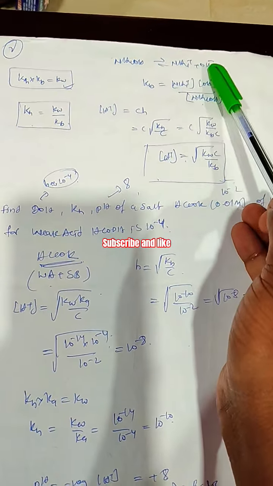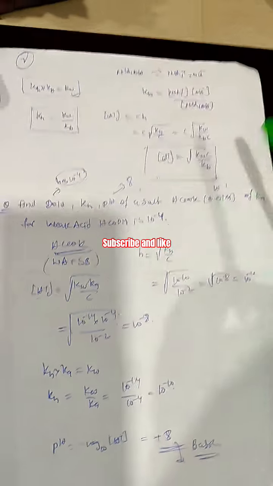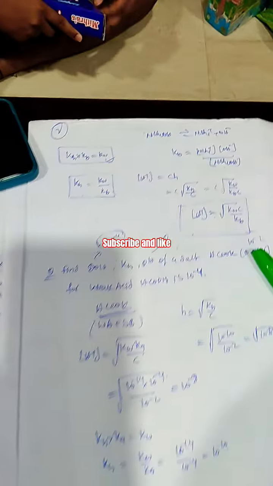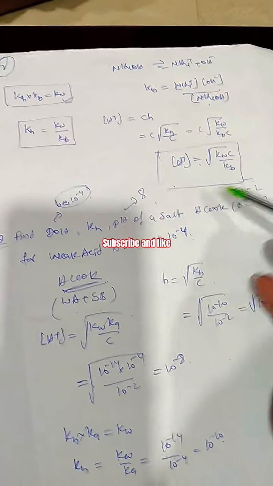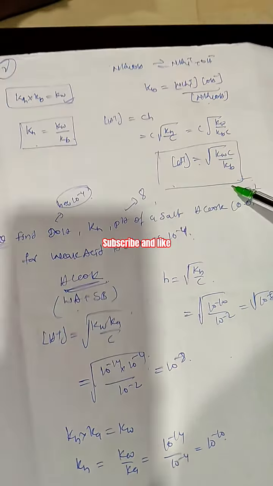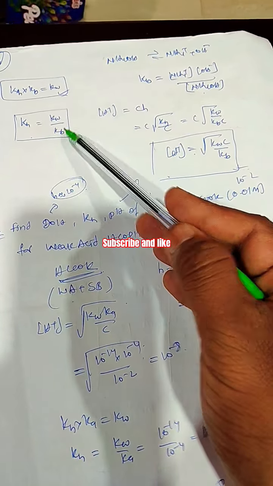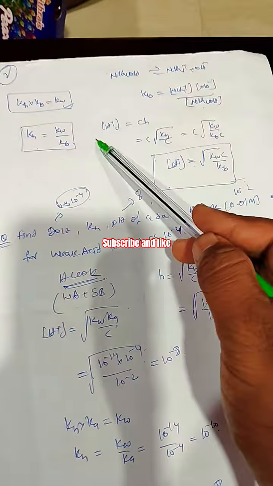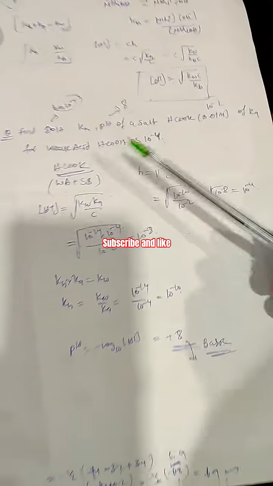That is, the concentration of H plus is equal to Ch. Concentration of H plus is equal to Ch, which is C into the square root of Kh by C. So this is equal to the square root of Kw by Kb times C. Concentration of OH is equal to Kw by the concentration of H plus. This is the equation for H plus ions. This is the Kh for the salt of a weak base, Kw by Kb, and also the concentration of H plus is equal to Ch. These are the three important terms in the case of a salt of a weak base plus a strong acid.